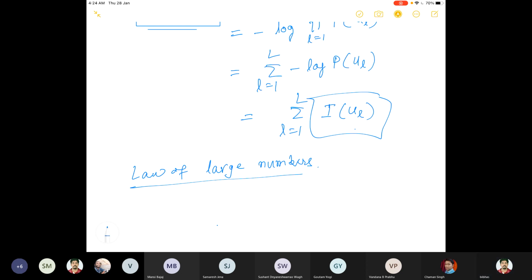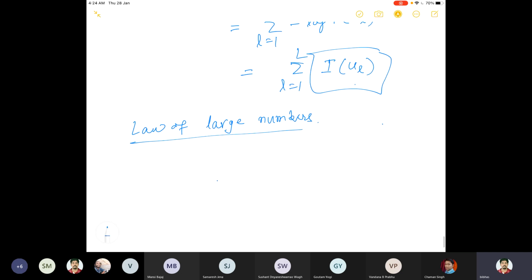Okay, let me write it. So here the random variables are nothing but the self-information, I of this. Then if you go back to the definition which is given in books, it would say that for